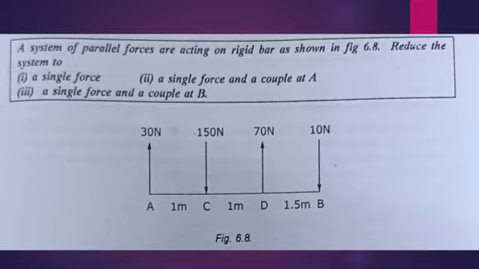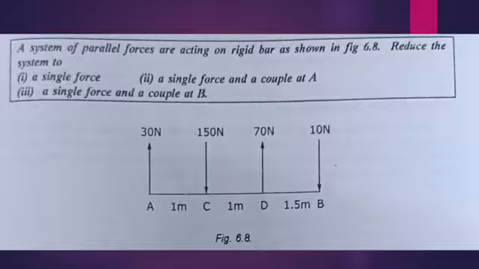We are going to calculate the moment about A point from B. At B point the 10 Newton load is acting downward, therefore the rotation is clockwise, therefore the sign is positive, plus 10 into distance from B to A, which is 3.5 meter. Okay, 10 into 3.5. Then 17 Newton load is acting upward, which means the rotation is anti-clockwise, therefore minus 70